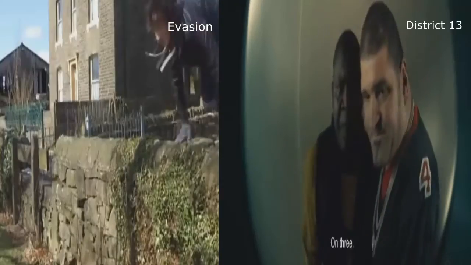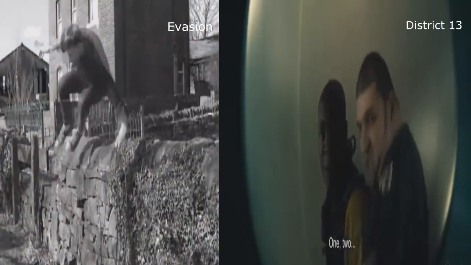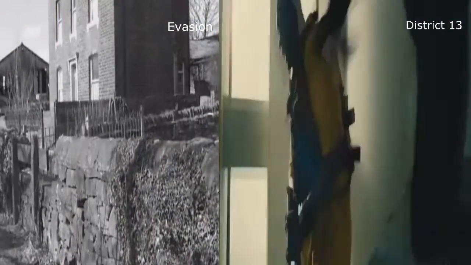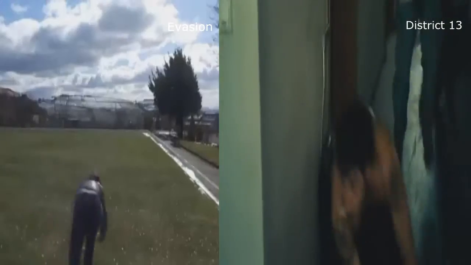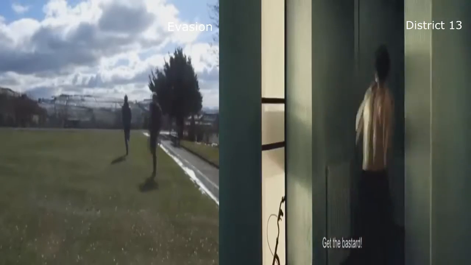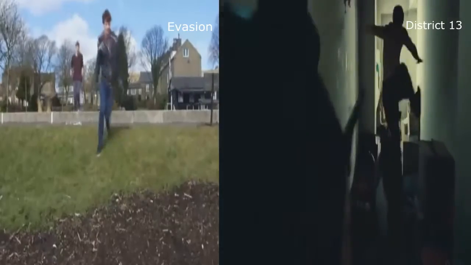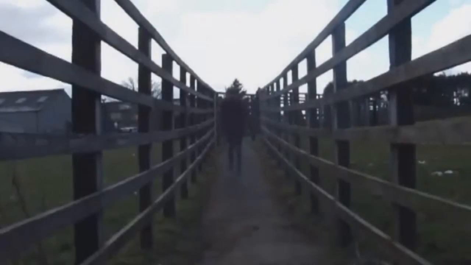The first convention of the action thriller genre that we used was the use of fast-paced cutting speeds throughout our film. From the first few shots to the final escape, our film utilises typical fast cutting speeds used in films such as District 9. Another convention that we used was the use of obstacles. This is something which is typically used in chase scenes to show the desire to escape and add more action to the scene.